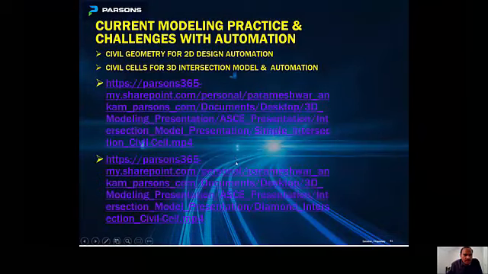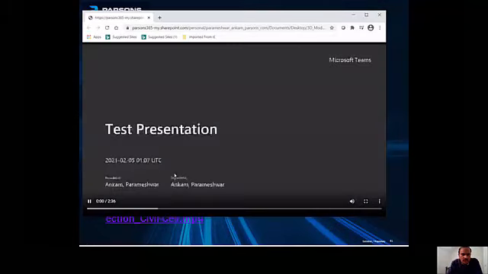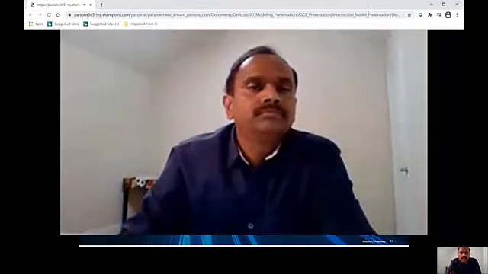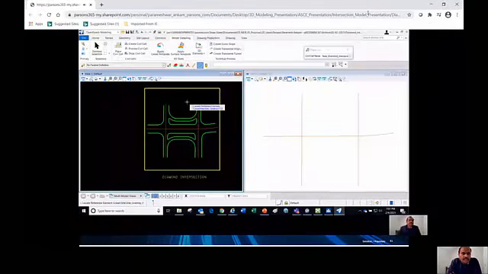I'm going to show another civil cell that we developed here at Parsons. This is a complicated intersection, and I'm going to show how the civil cell works. This is a civil cell for a diamond intersection, and it is a little bit complicated.